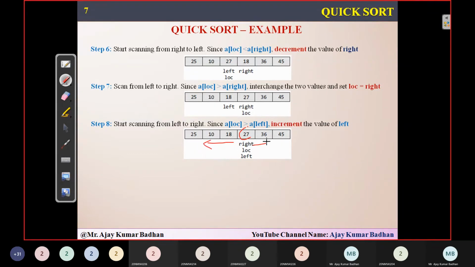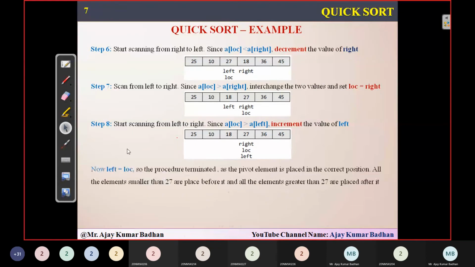Very easy, but the only thing is you people have to concentrate on the programmatic part, then only can you understand. So that is what is explained here. This is the algorithm for that. You can see here, this is for partition, with array, beginning and end. We have taken 6 elements, so 0 to 5.